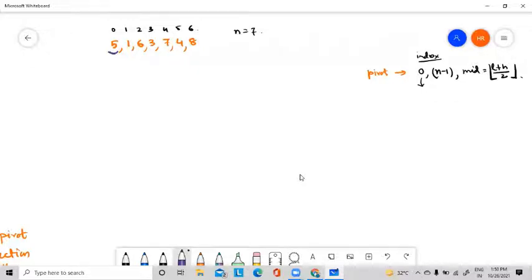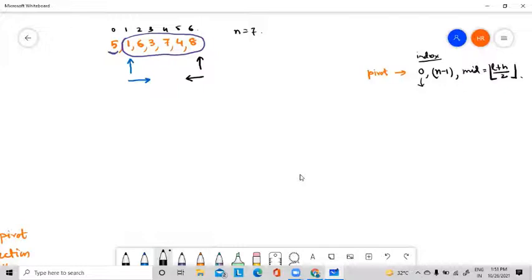I will put the pivot element in its proper position. How can I do this? By interchanging the positions of the elements. So the pivot will get its proper position. So these are the rest of the elements, and I will interchange them or adjust them in such a way that the pivot gets its proper position. How can I do this? To do this, I will start moving from this side to this side, and similarly I will start moving from this side to this side.